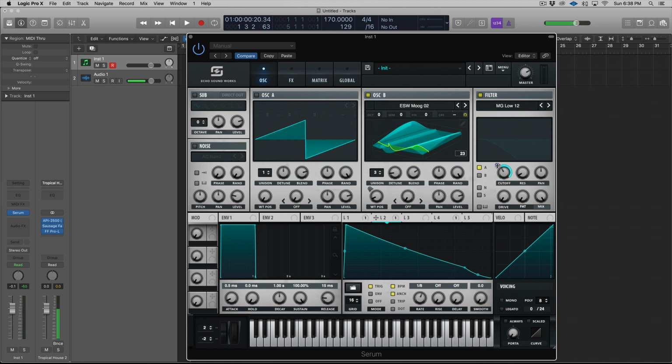And we want this to be unidirectional. So I hit Alt and Shift, click on that, so it's just going in one direction. And let's set this down now to about 30 Hertz. Let's route oscillator B into our filter. And now we have